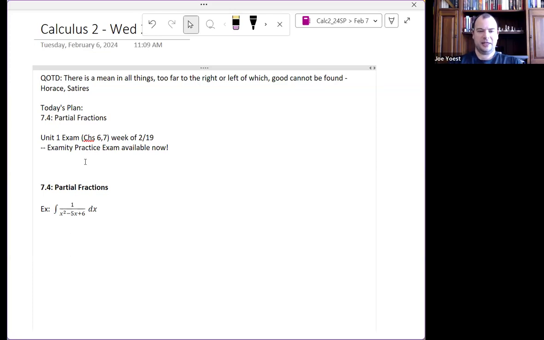A couple of high points: the only purpose for this Examity practice exam is for you to practice going through the Examity structure. So log into Examity, start the session, log into WebAssign, start the exam, have Examity enter the password so that it's password protected, just so you don't accidentally start the actual exam outside of the Examity environment. So go through, complete the exam, close out the exam, close out the Examity session, and so on,